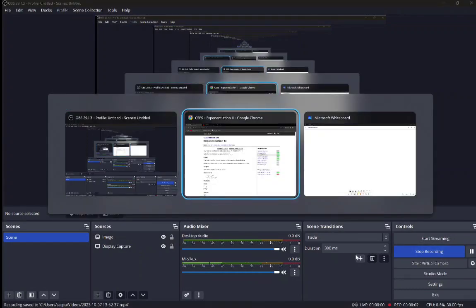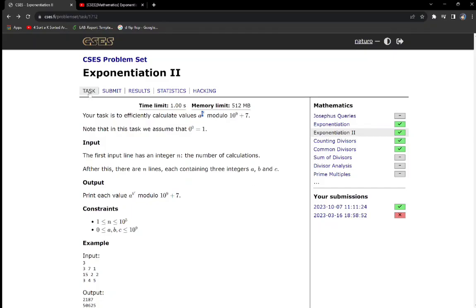So, hello everyone. Now we'll move on to our next problem, which is exponential 2. It's a slight variation of the problem. In the previous problem, we calculated a to the power b, but now we have to calculate a to the power b to the power c. Let us see how we can